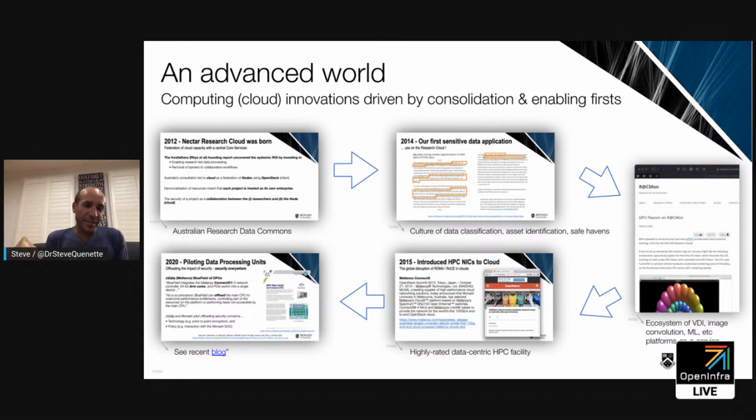And so we created this federated research cloud. It's called the Nectar Research Cloud in Australia. It's now hosted or funded by a thing called the Australian Research Data Commons, who are also members of the OpenStack Foundation. And we did something really innovative. We made it really easy for researchers to get a resource anywhere in Australia on any one of these nodes. But we did things like centralize some of the things that we need to do.